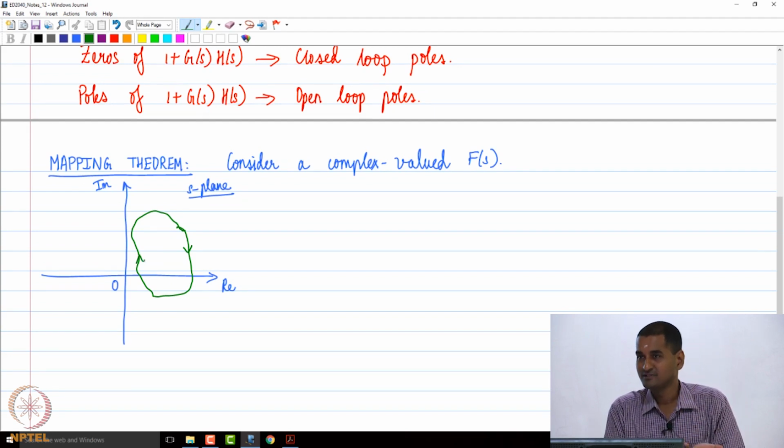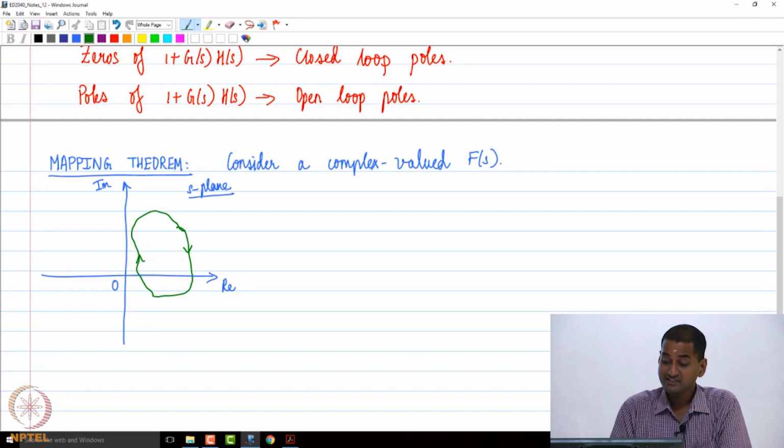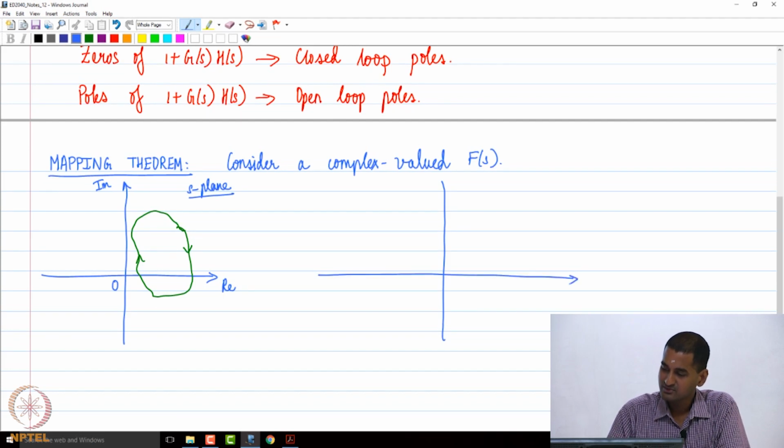Obviously in the S plane you need to mark the poles and zeros of F(s), which is what we have been doing till now. So what this theorem says is that this is going to be mapped into a corresponding contour in the F(s) plane,